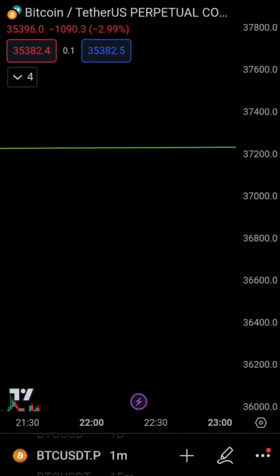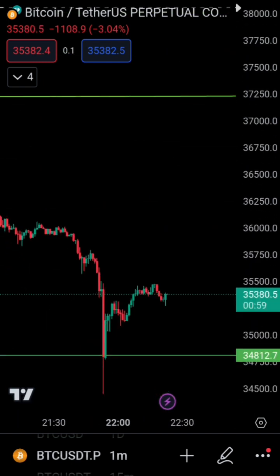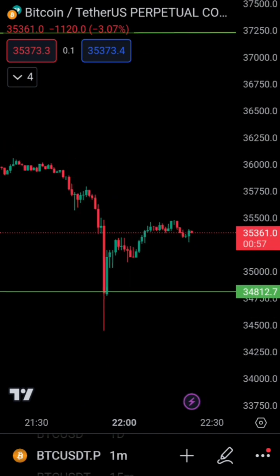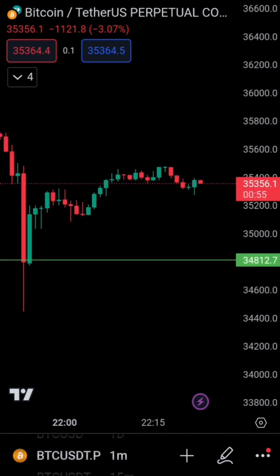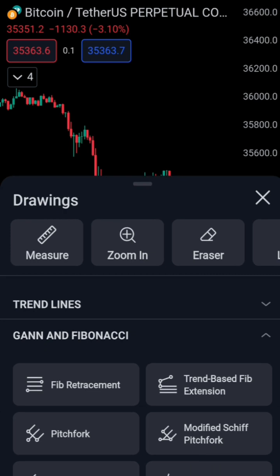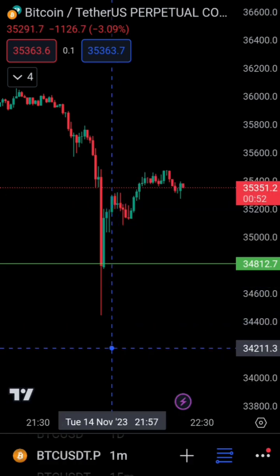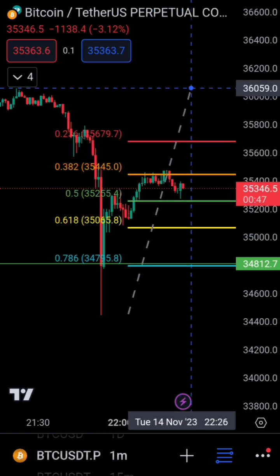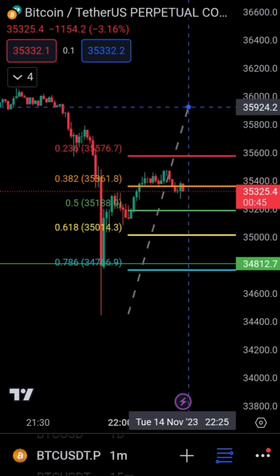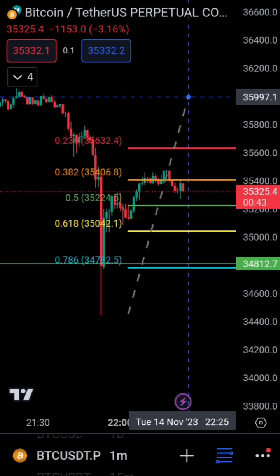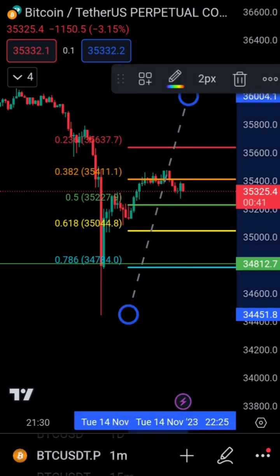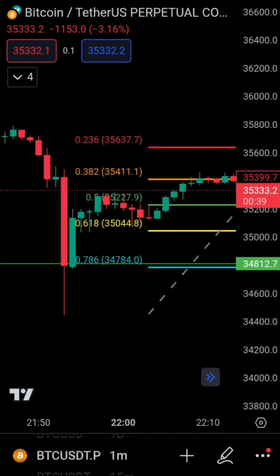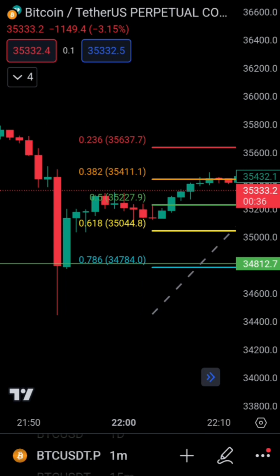Now you've broken and you moved very quickly down. You would expect something to happen. On the 1 minute, I said if you come up to 36k, if Bitcoin is able to pump above 35.8 or 36k, then I'll be looking at a retracement down to these levels, 0.618 and 0.786 on the chart. As you can see, these are the levels I'll be looking for.